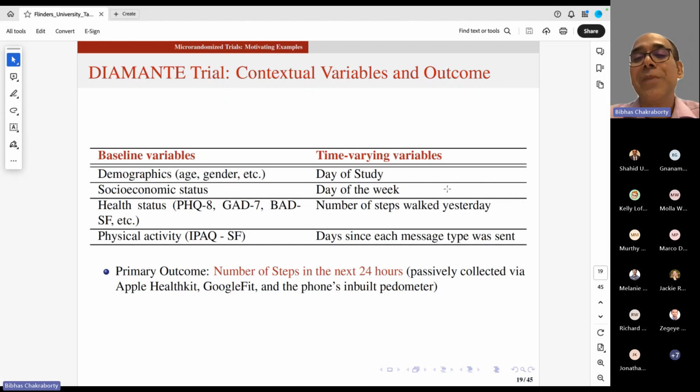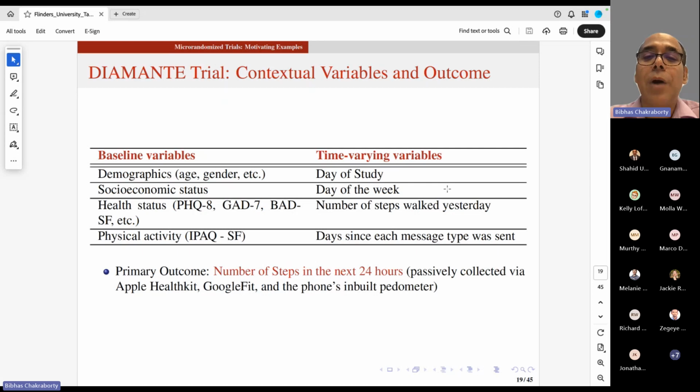As we all know, we don't usually stay committed to these behavioral interventions for very long. Very few of us do. And this is a common problem with digital, any app, basically, right? So you initially get excited, but after a while, the effect diminishes. So this is called habituation in behavioral sciences.